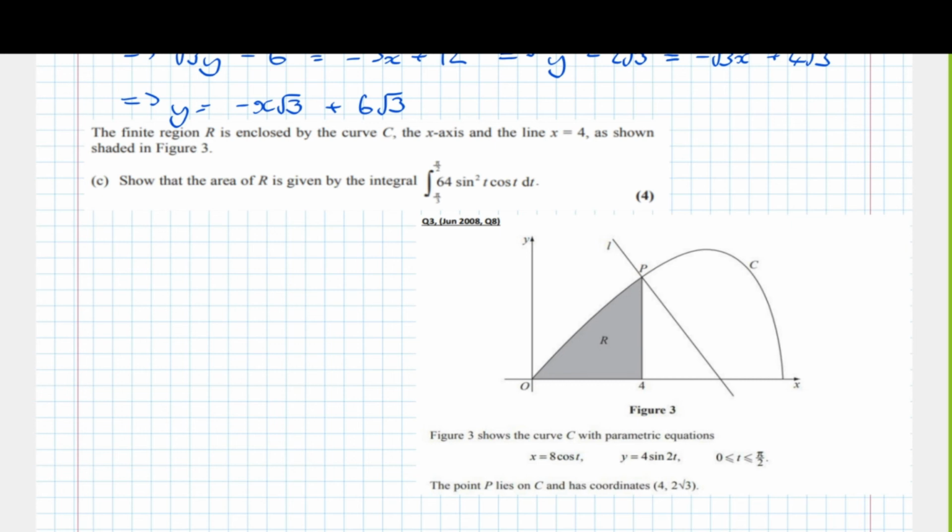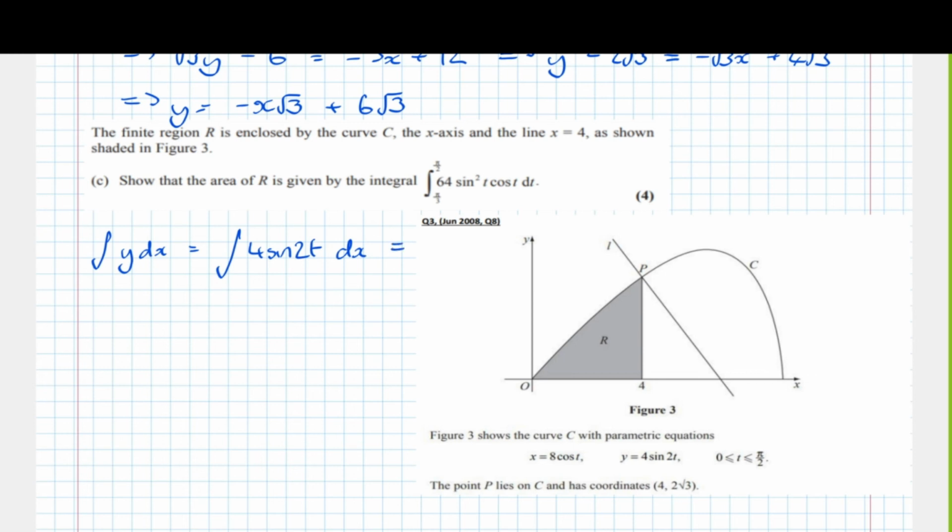So the integral of y dx, as always, equals, and we know that y is 4 sine 2t, so the integral of 4 sine of 2t dx,